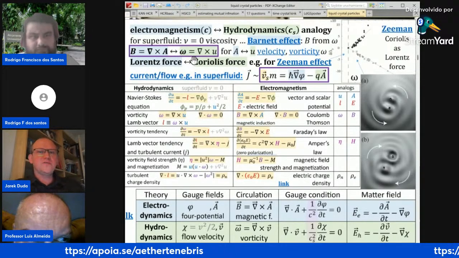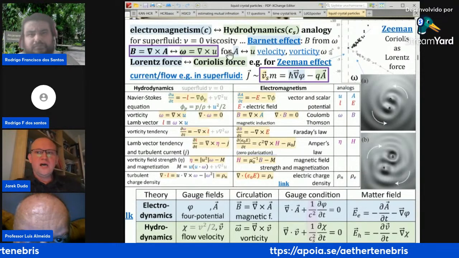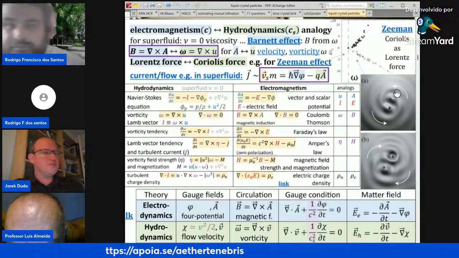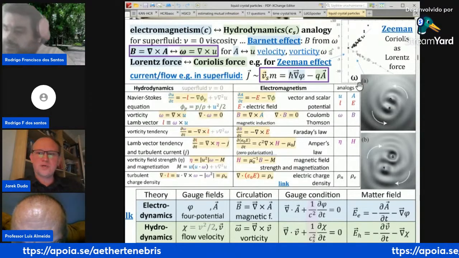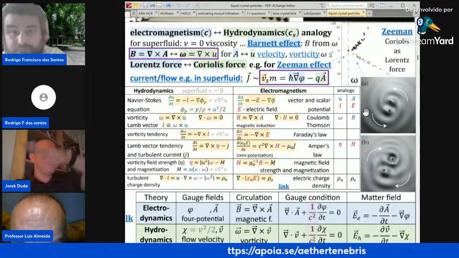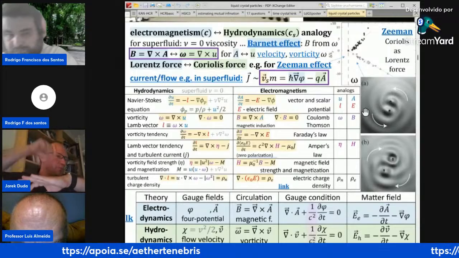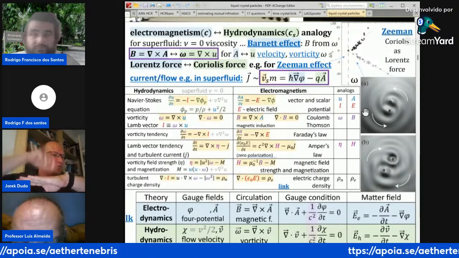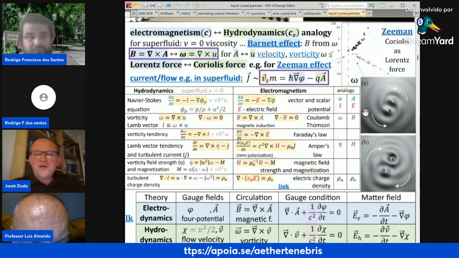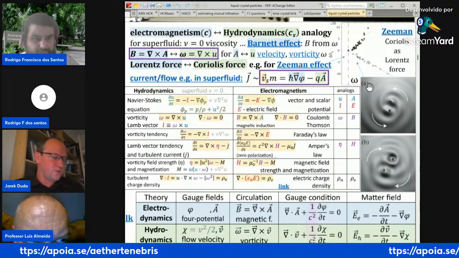So there are nice realizations, for example, of the Aharonov-Bohm effect in this analogy, or even the Zeeman effect. There are very nice experiments with bouncing droplets. They have this vibrating plane, and there is a droplet, and this droplet acts as a classical object with wave-particle duality. It is coupled with the waves it creates. And they get many quantum-like effects for these classical wave-particle